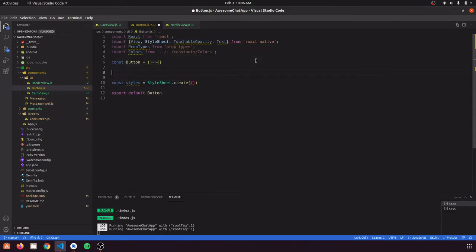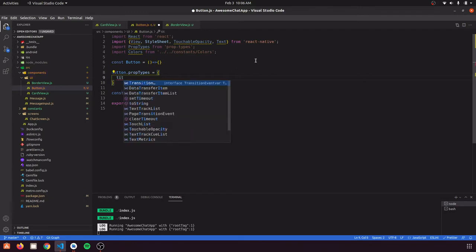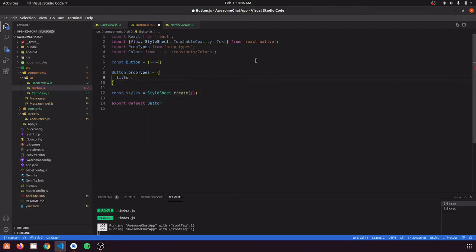And we need to define the prop types of this button also. So this button would have some props like title and onPress method obviously, and we are going to have some style for our button container, and we are going to give it some text style also.